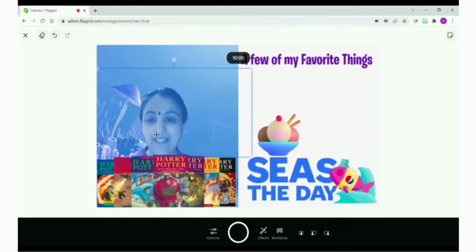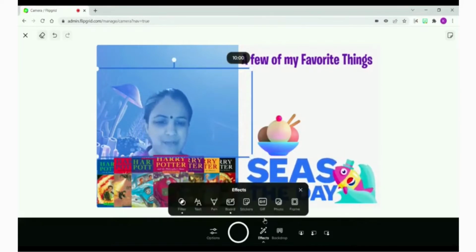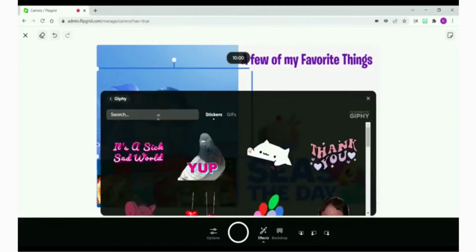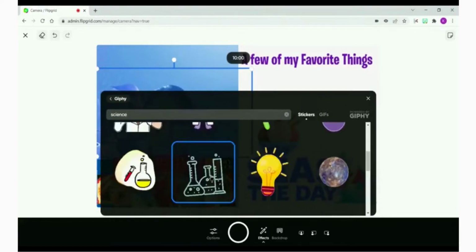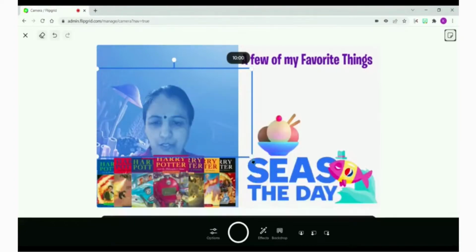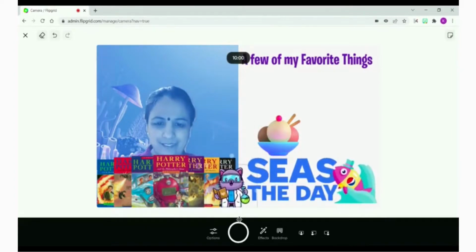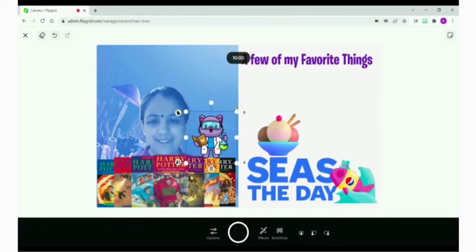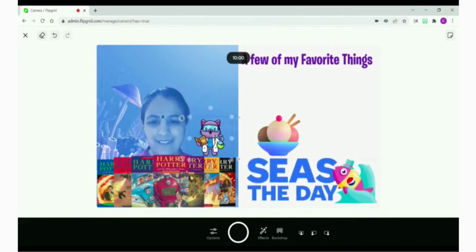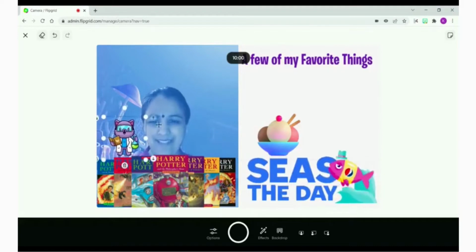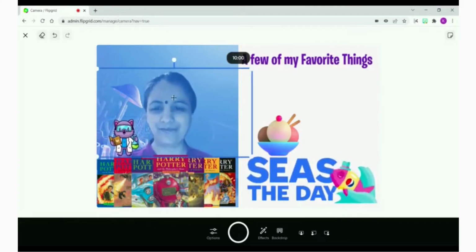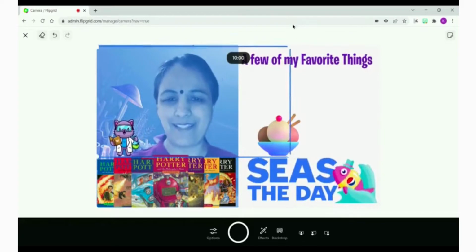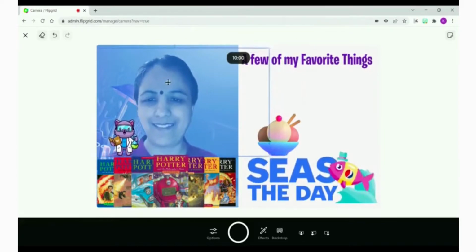And let's say now I want to put in my favorite subject again. I'm going to look for it using Giphy. Oh, this is so cute. Let me place this on the side, and I can increase my size slightly.